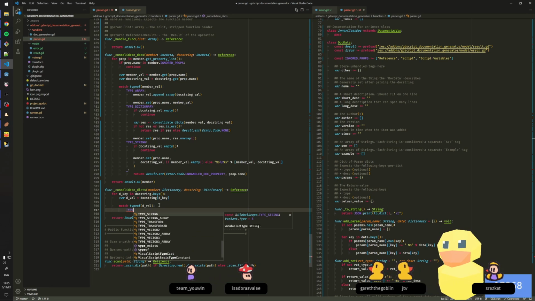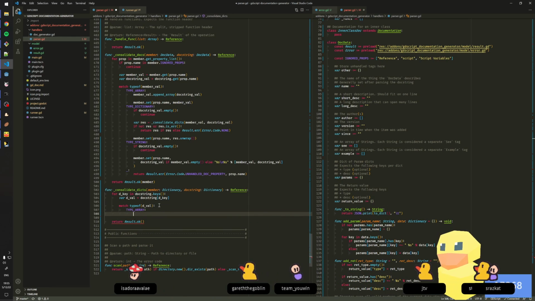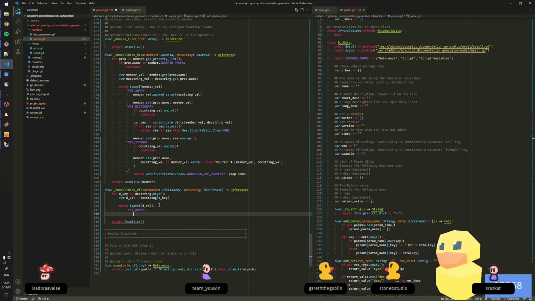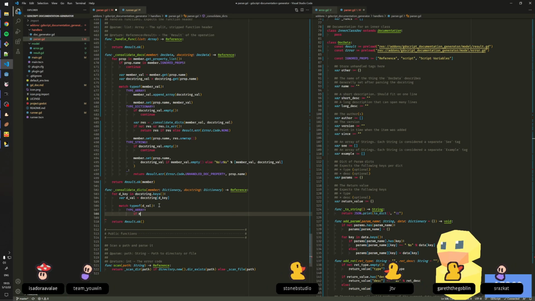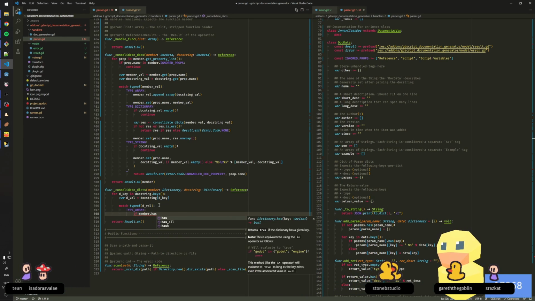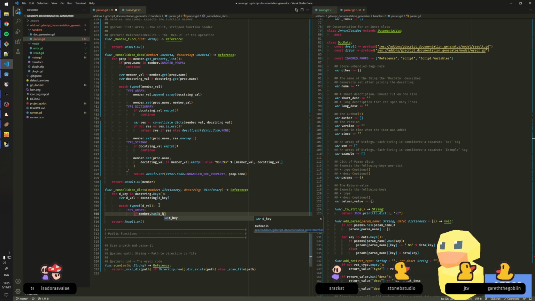So type of, or type array. This one's pretty easy. It's really just, if member has D key,